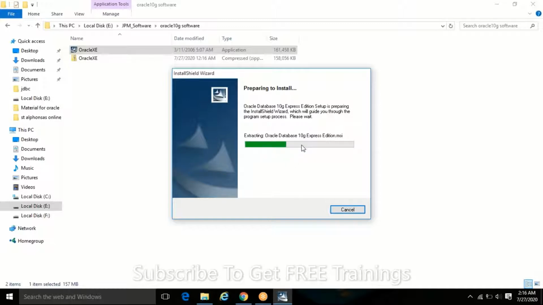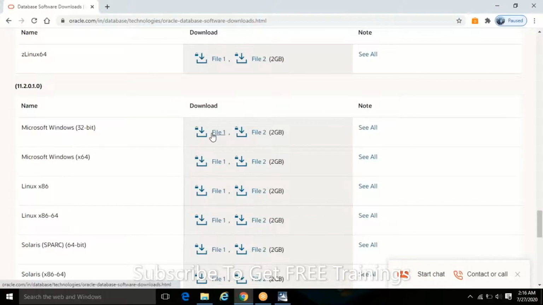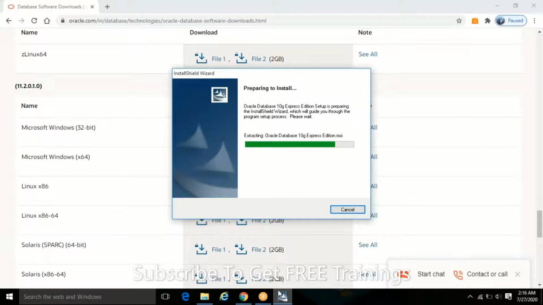I'm installing Oracle Database 10G Express Edition. Based on your requirement, you can download 11G or 12G or the latest version as well. Whatever I showed in the browser, you can download it, and it is showing one exe file.